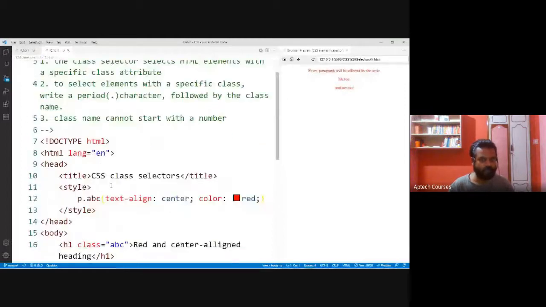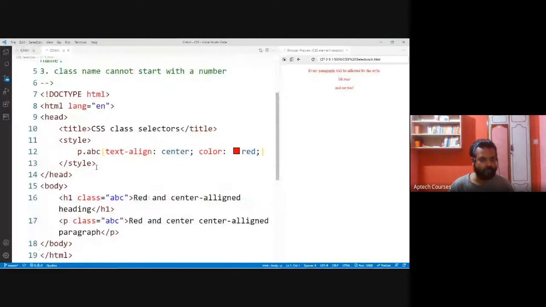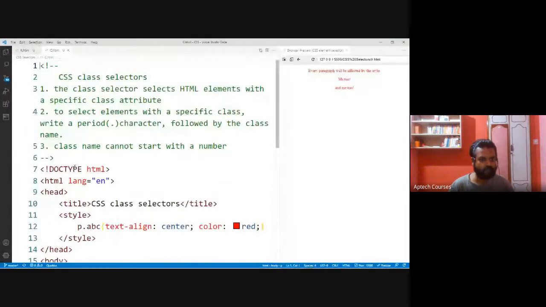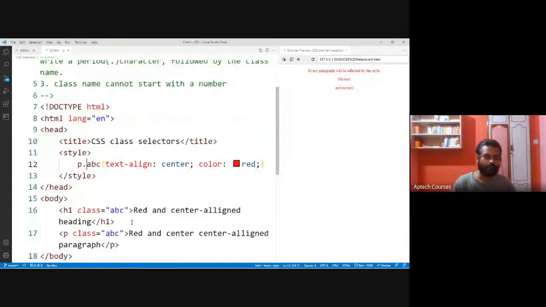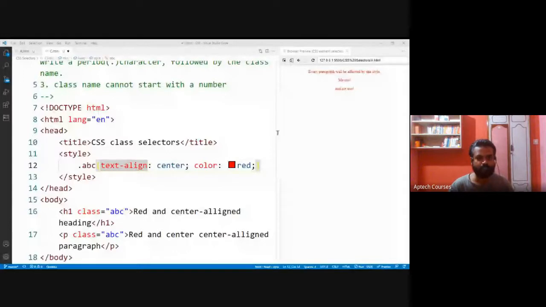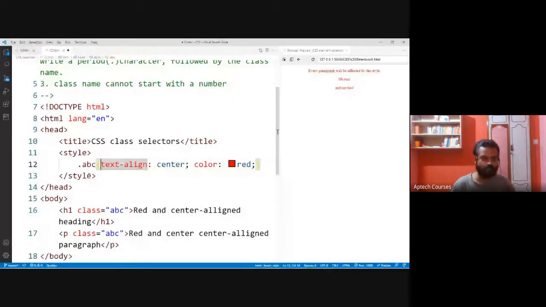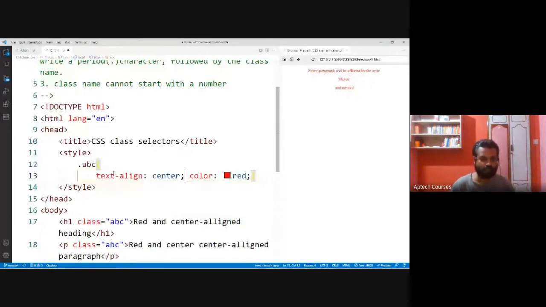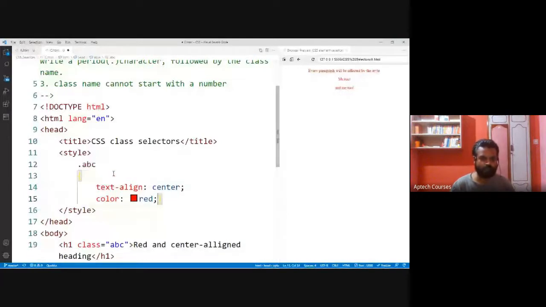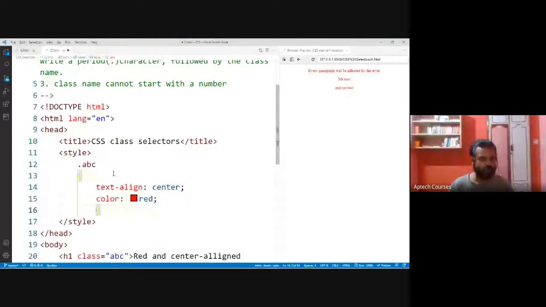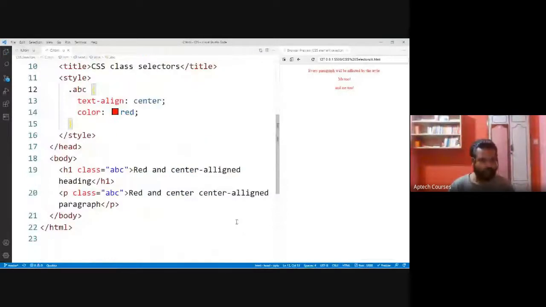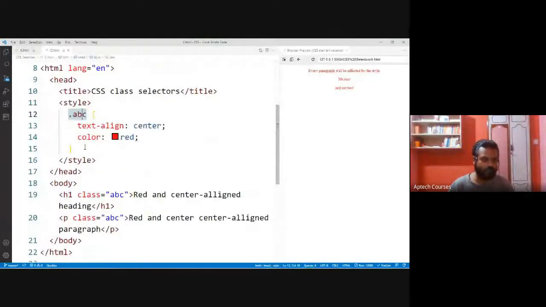Now dot. How are we selecting this? By using dot, then the name of the class. Dot and the name of the class.